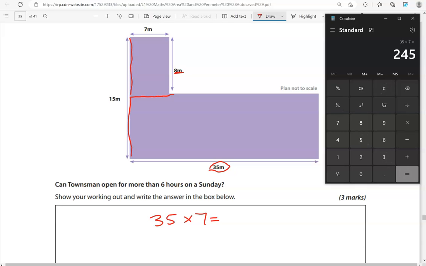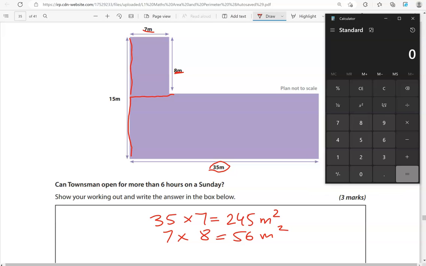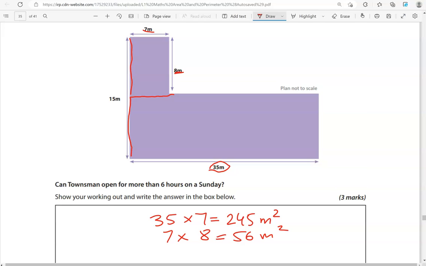which is 245 square meters. And we've got the small rectangle, which is 7 by 8. So 7 times 8 will give us 56 square meters. Adding the two together, 245 and 56 gives us 301